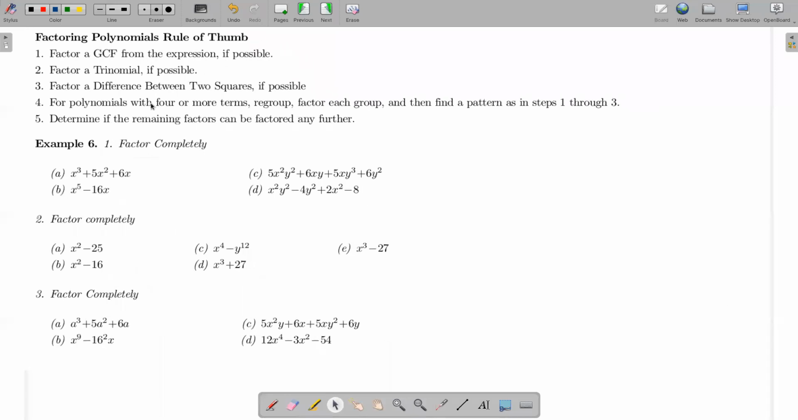So we'll do here. Okay, so I'll go example 6a. Okay,